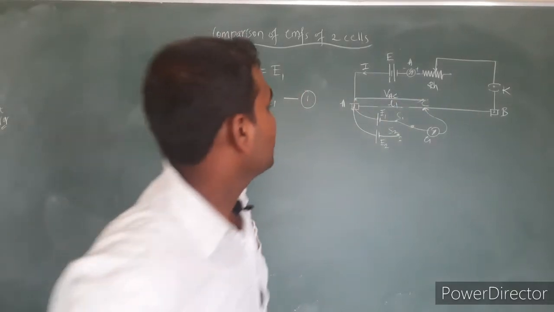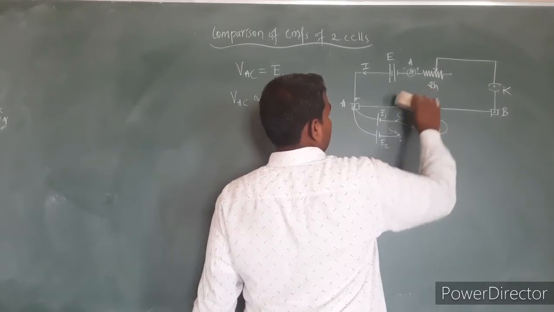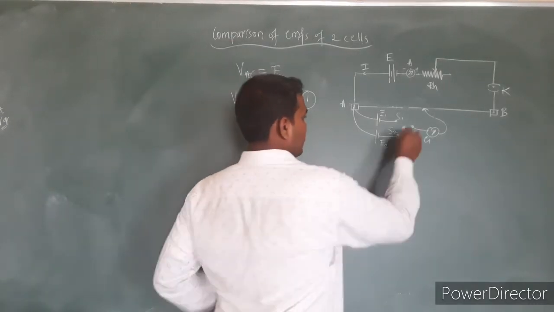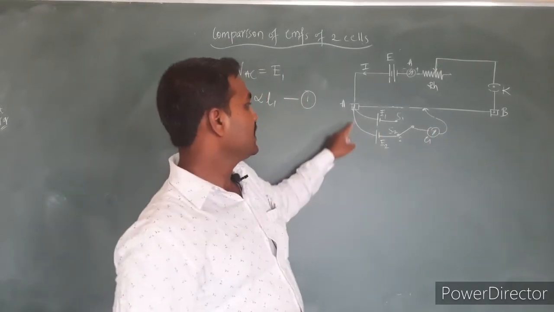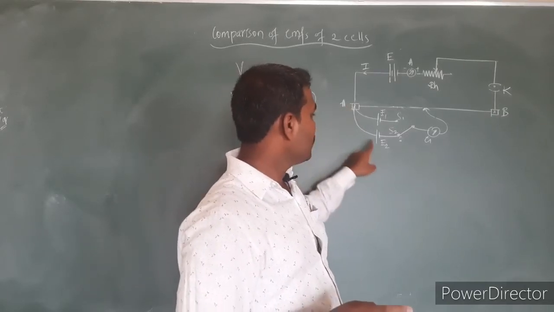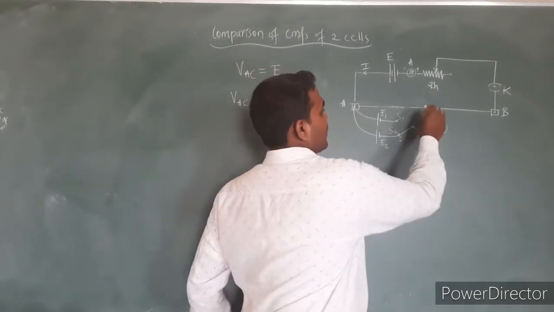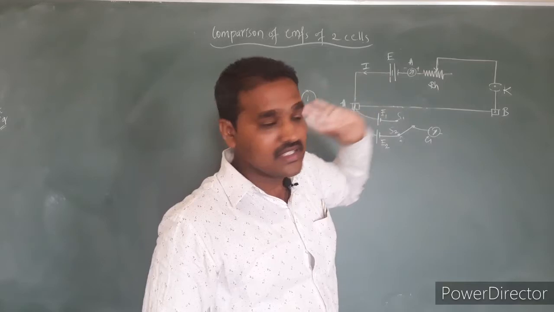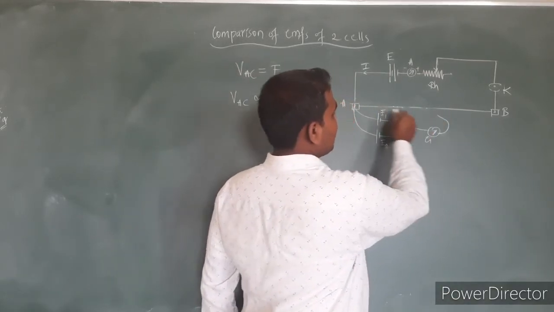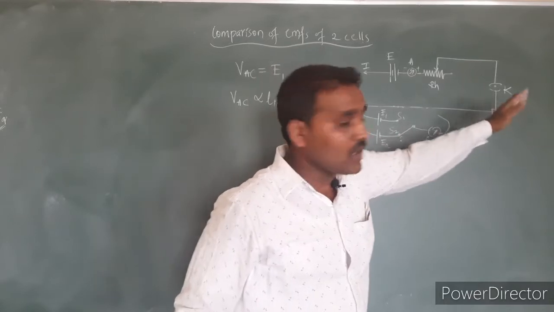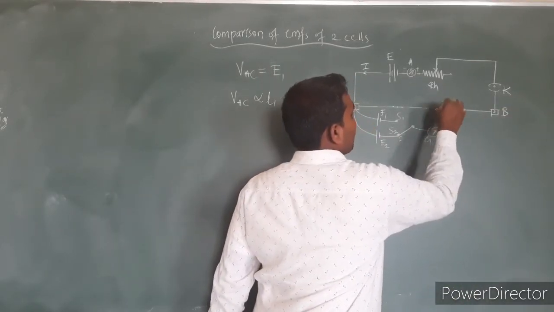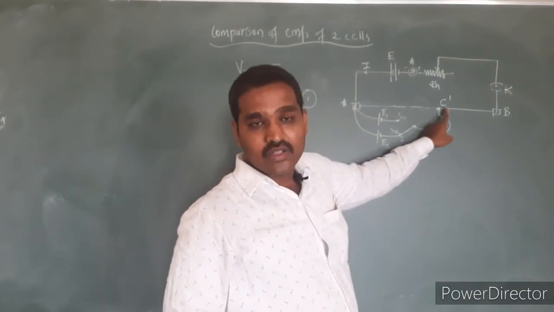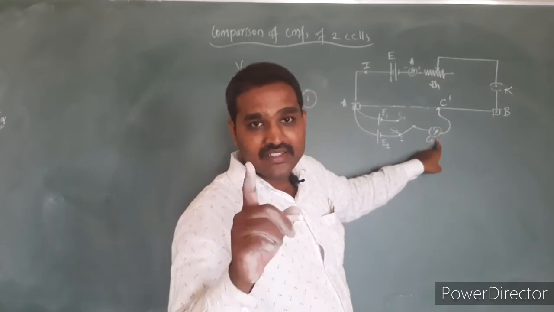Now let me erase this part. Now I will open this switch and let switch S2 be connected, so that the secondary circuit is from A to EMF, S2, galvanometer and jockey. When the EMF is changed, the balancing length will also change. Again I will slide the jockey over the metal wire. Let us say I get the equilibrium point somewhere here. Let this be C dash.